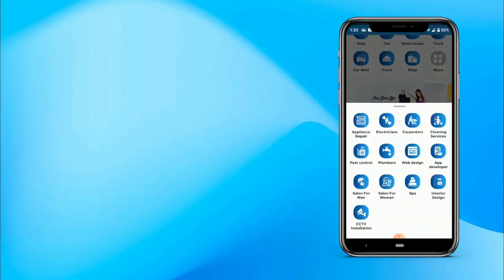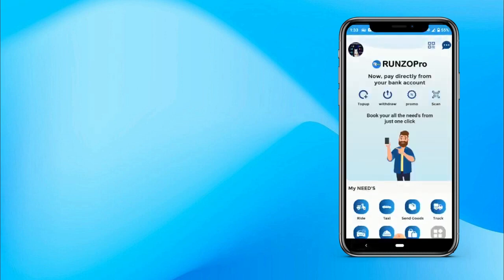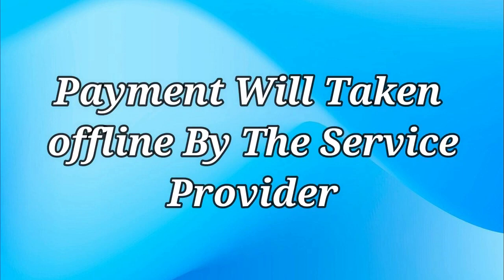Remember, in service booking there will not be any notification inside the app for any seller or driver, because the notification is going to the admin only, and he can manually send from his side this booking to any of the service provider that he wants to. And the payments will also be taken offline by the service provider himself.